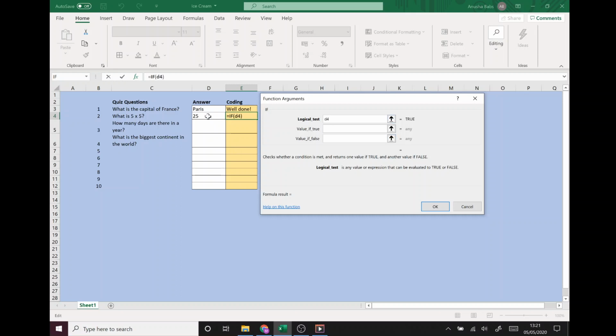Okay, which is, yeah, and what you could do is just actually click on the box as well, just in case you make a mistake. So I'm just clicking on it just to make sure. So it equals D4